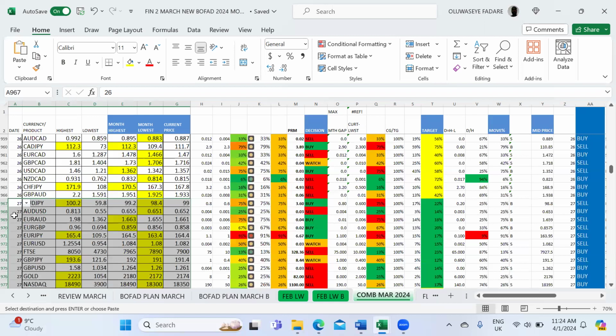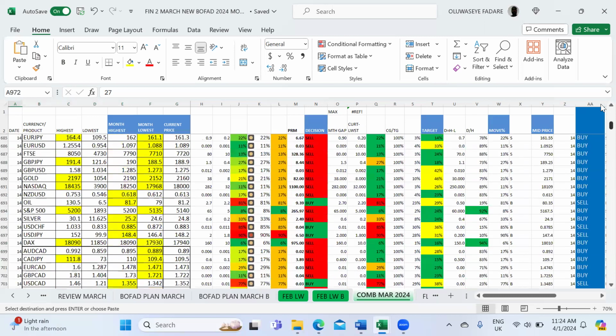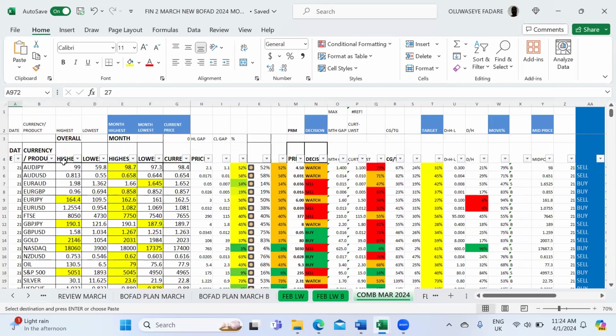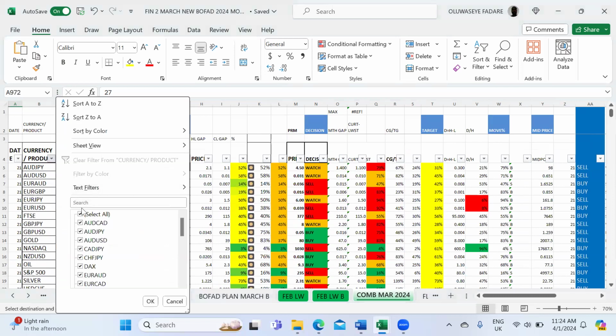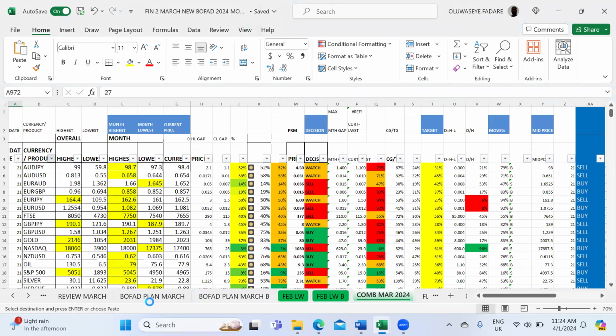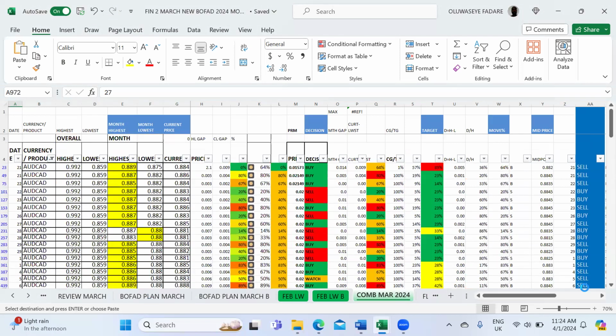Okay, so how do we update it? All we just need to do is get the last updates of the report and compare. But normally, let me show you how I usually update it, how it should be updated normally. But because of time, I'll just try and summarize it because I already know what's going to happen. So for example, let's look at AUD card. Okay. So like I told you earlier,